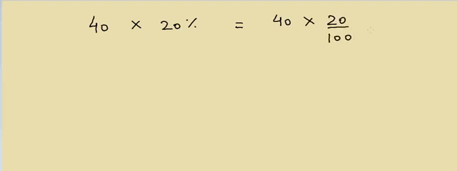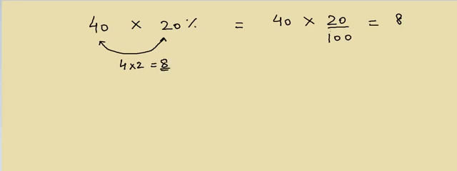So if I have 40 and I want to get 20% of this number, the traditional way is I'll take 40, multiply by 20, divide by 100, and the answer will be equal to 8, right? If you look at it, it's basically 4 and 2, so you could have just multiplied 4 and 2. 4 multiplied by 2 is equal to 8. So the answer is 8.